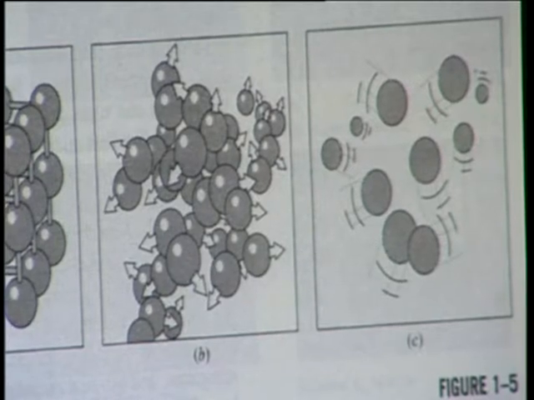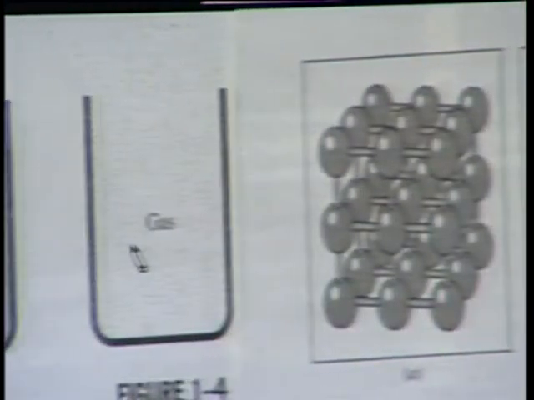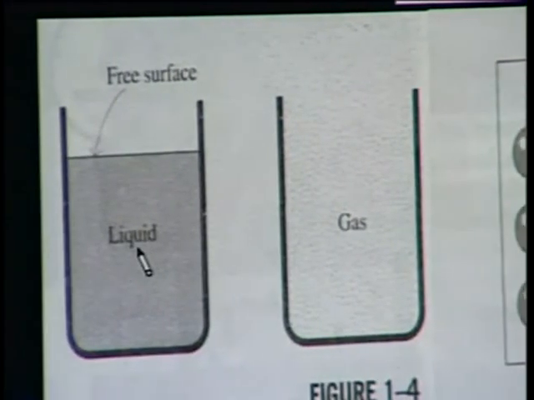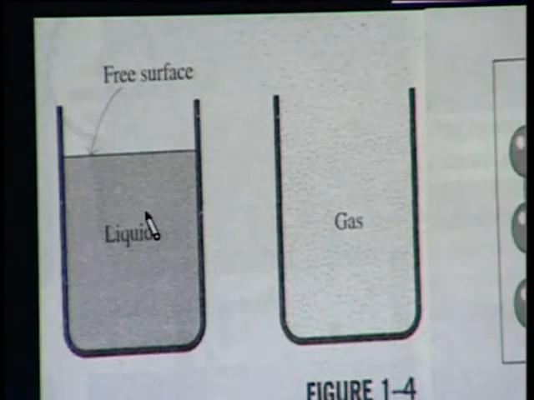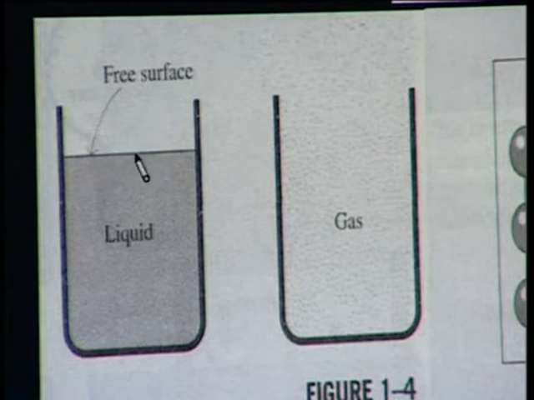So, in case of liquid, if you observe these two figures, in first figure whenever we pour water or liquid in a container, then the liquid takes the shape of the container, and depending on volume, let us say it is filled up to this much height. So, this forms a free surface. This is a free surface between liquid and say gas. In this case we have air here.